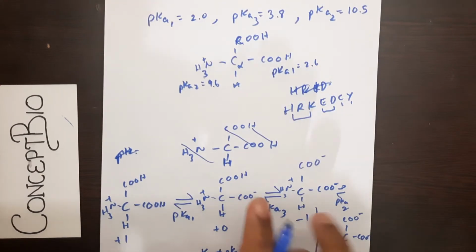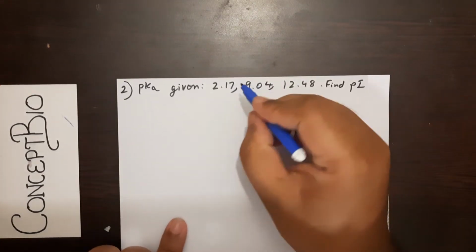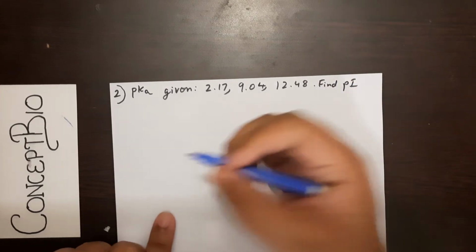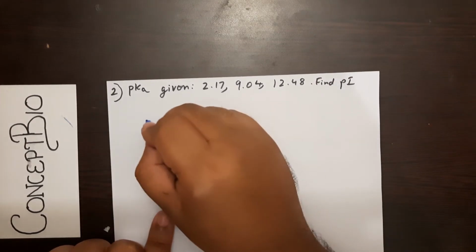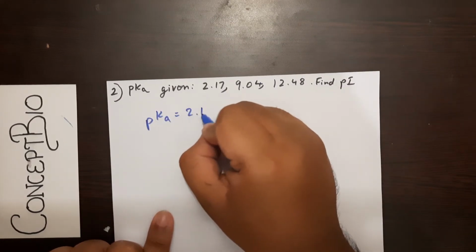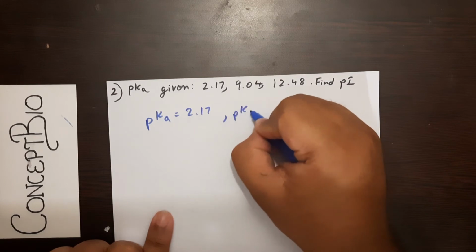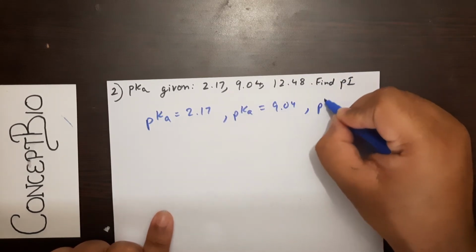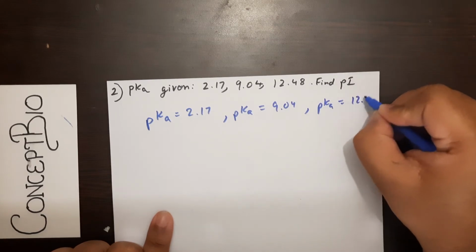Alright. Now, just to make this point go home, I'm going to give you another question. Given pK values 2.17, 9.04 and 12.48. You can stop watching here, but for those who want to understand more, I'm just doing it. Again, arrange them: one is going to be 2.17, one I don't know which, it will be 9.04, and one is going to be 12.48.